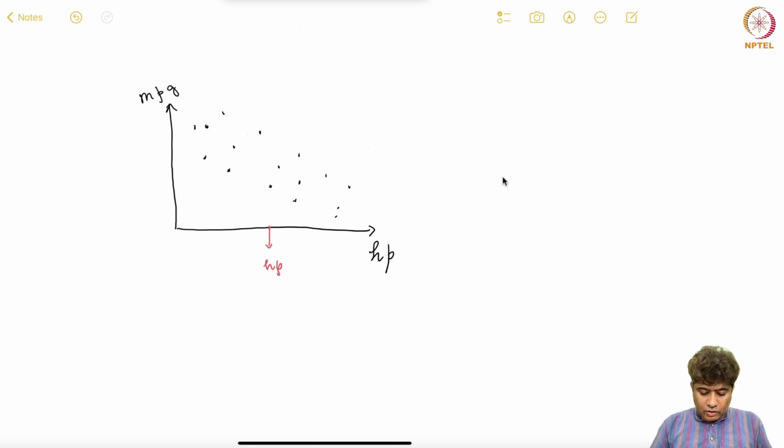Most likely the value of miles per gallon will be somewhere in this range, with the mean could be here,